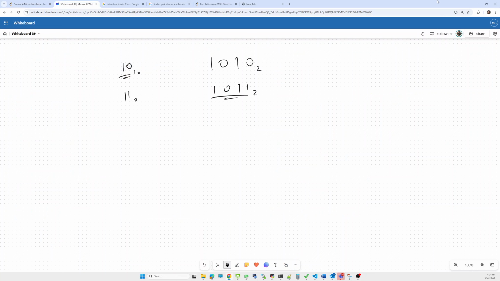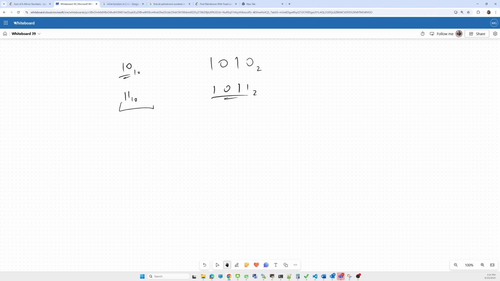Let's say there is 10, which is not a palindrome. 11 is a palindrome, but its base 2 representation is 1011, which is not a palindrome, so we will not consider 11 as a k-mirror number.